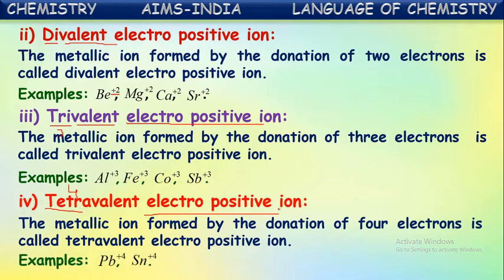For example, lead plus 4, tin, Sn, stannum it is called, Sn plus 4. These all are positive ions formed by the loss of 4 electrons from each. These are called tetravalent electropositive ions. Okay, next,